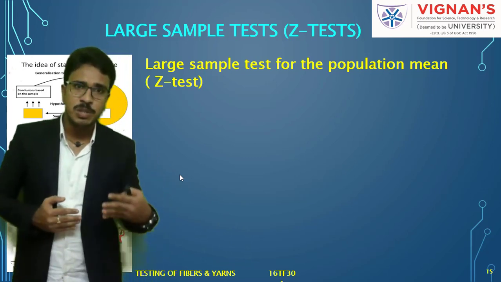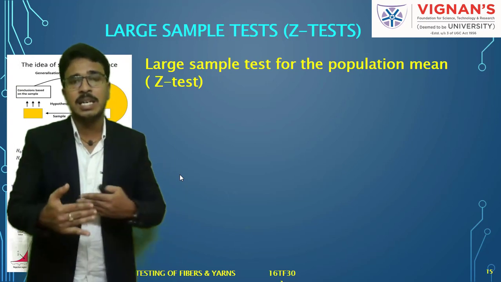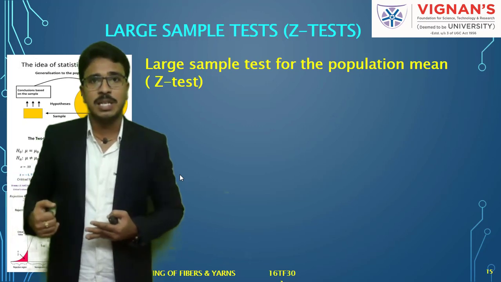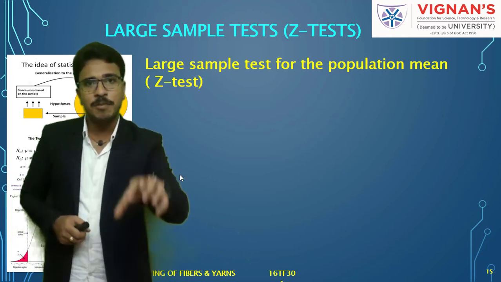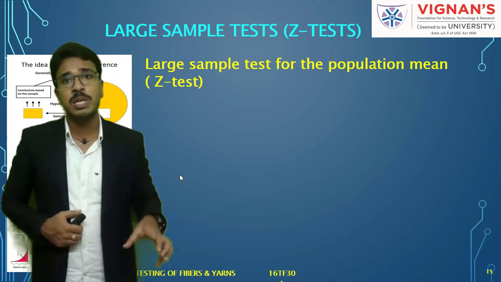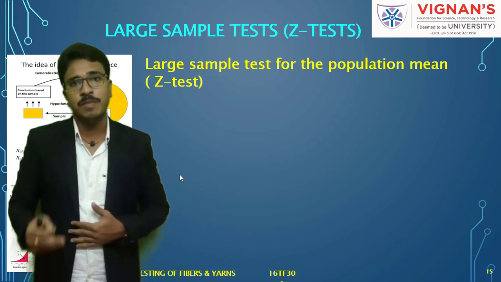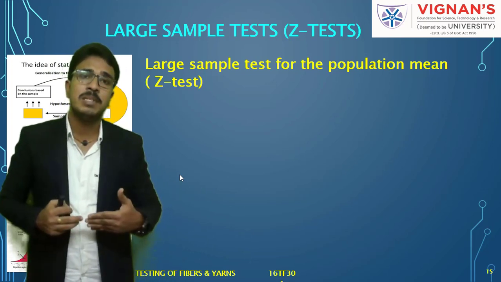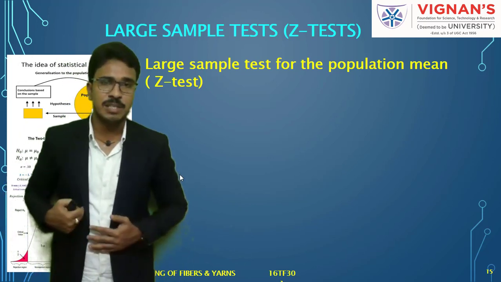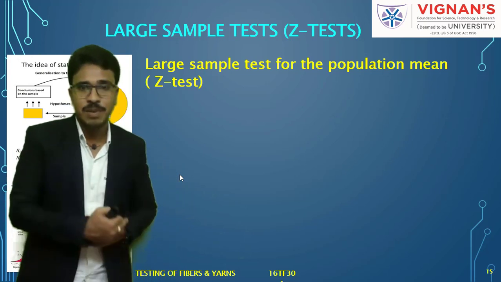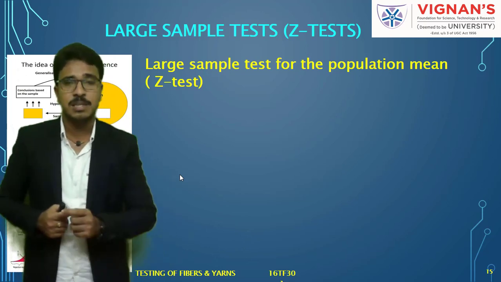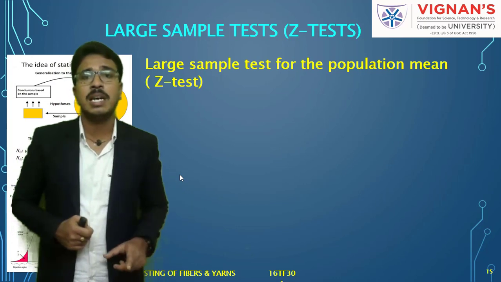Okay, so in the process of testing the hypothesis, after setting null and alternative hypothesis, depending upon what type of parameters we are testing, and then what is the sample size, based on these two criteria there are different types of test. Suppose if the sample size is greater than 30, we have to follow this Z test, which we are going to discuss now. If the sample size is less than or equal to 30, the hypothesis testing should follow the small sample test. This you have to understand carefully.